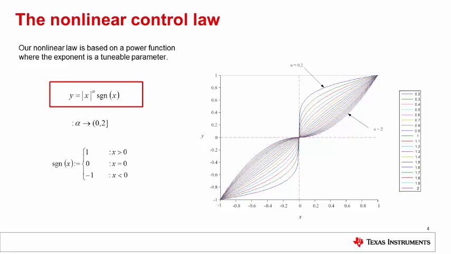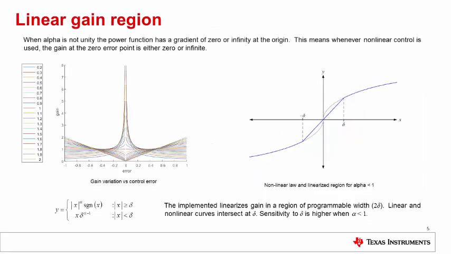Setting alpha to a value different from 1 induces bending, as shown in the family of input-output curves on the right. Here the x-axis is the input and the y-axis the output. The gain through the path is the slope of this curve at each point, so for each value of alpha the gain changes with the input. When alpha is set to a value greater than 1, the gain at the origin becomes 0, implying poor sensitivity there. When alpha is set to a value less than 1, the gain at the origin becomes infinite, which can induce limit cycle oscillation into the loop.